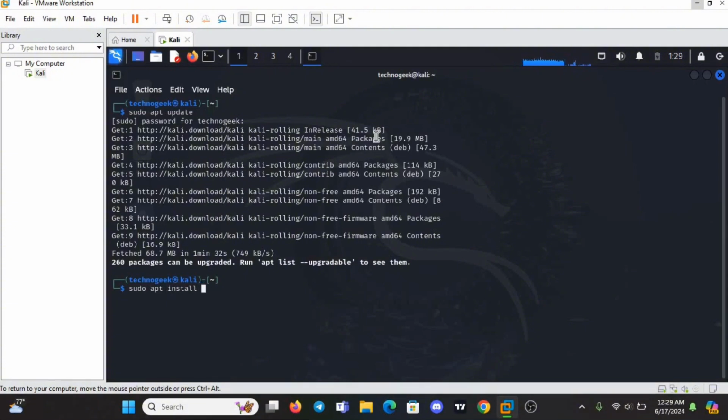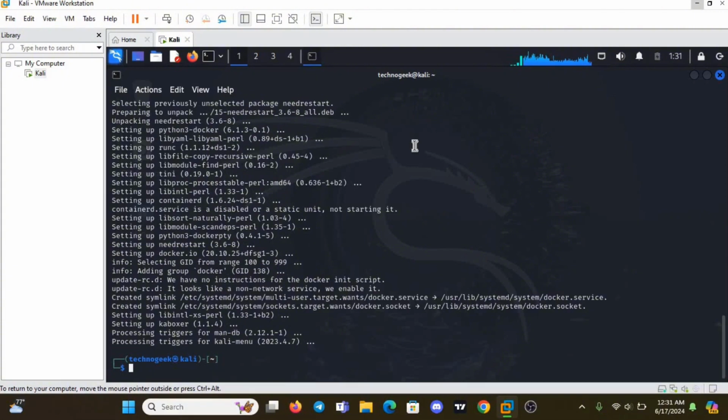install kboxer, y. So now that kboxer has been successfully installed, I'm going to just go ahead and run sudo apt install Zenmap